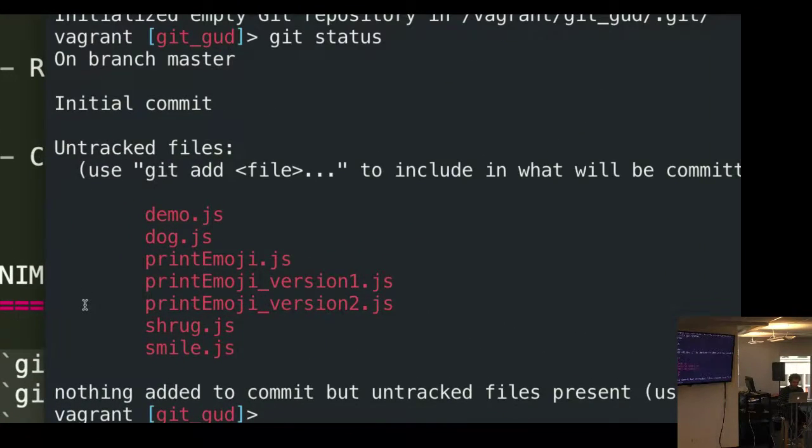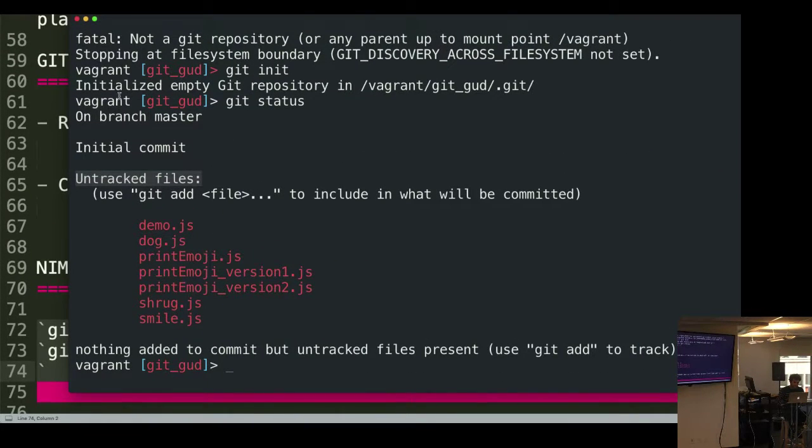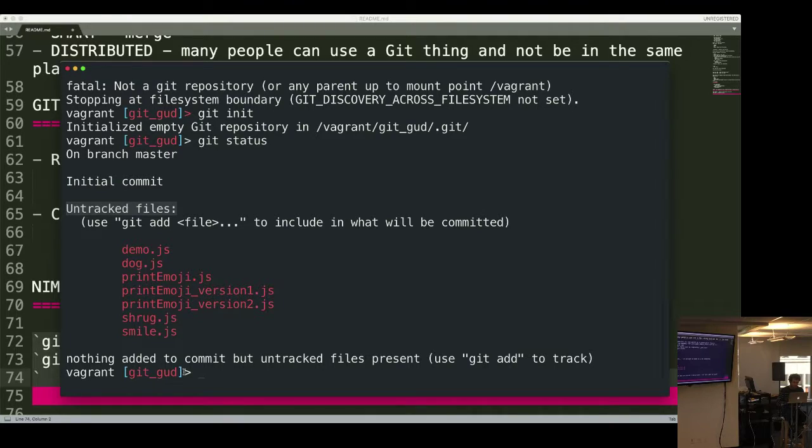It's showing me untracked files. So Git's going to work on the idea of I tell Git to watch particular files, and anytime there's a change to those files, I have the option to make a checkpoint for that file. I, as the developer, have the option to make a checkpoint. So right now, I have all these things here. I could add a change to my repo. Right now, nothing's being tracked, but I can do git add